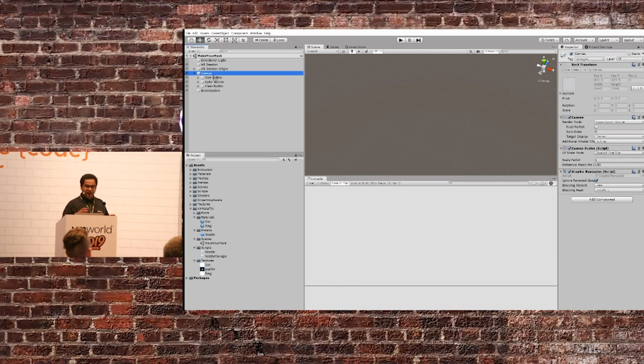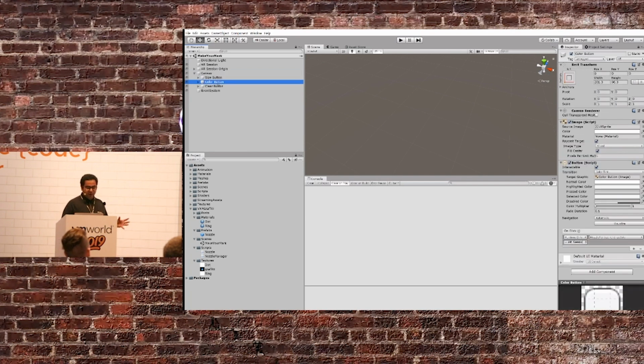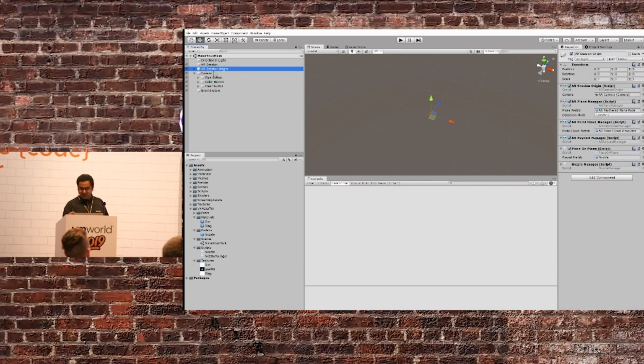This is a canvas that allows you to draw two-dimensional user interfaces on the screen of your device, right? It's got some buttons in it. I'm not going to go into too much detail because it's a 30-minute session, so we've got to kind of rush through. But this is all standard Unity stuff, right? A standard Unity UI. The main concept I wanted to get into here was this transform and the hierarchical nature